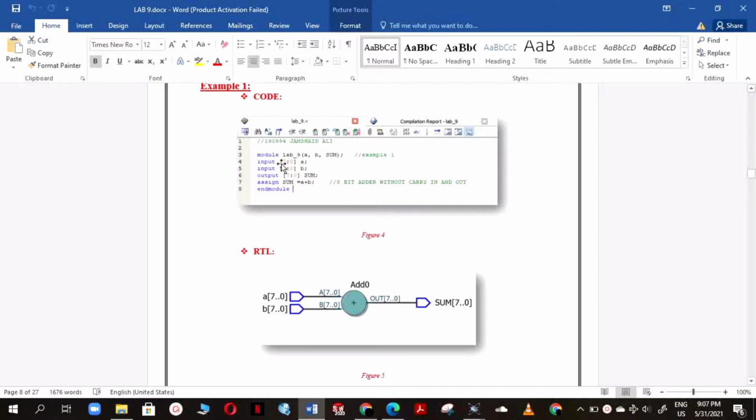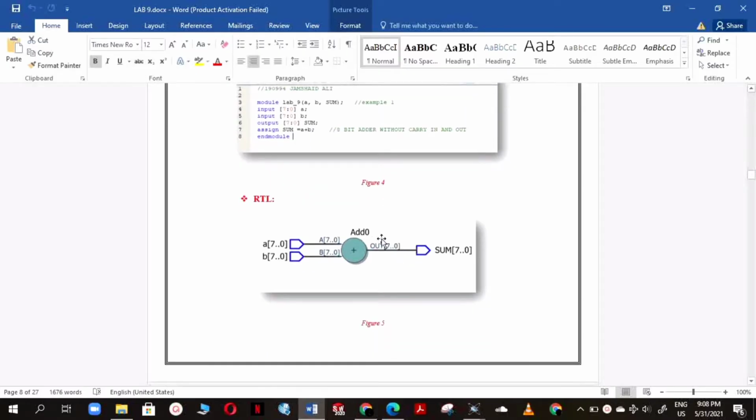I have two inputs with 8-bit unsigned, and in output I have an 8-bit unsigned sum. This is the 8-bit adder without carry in and carry out. At last we end the module to end our code.